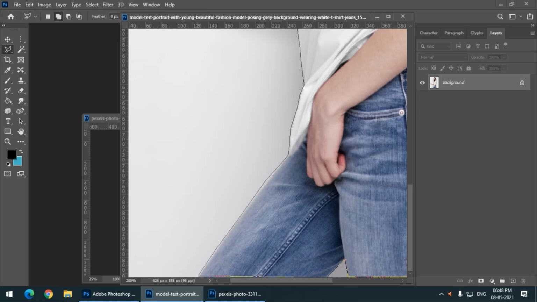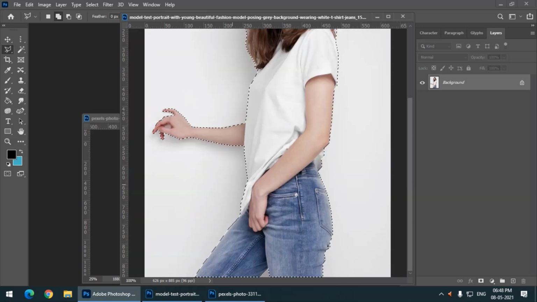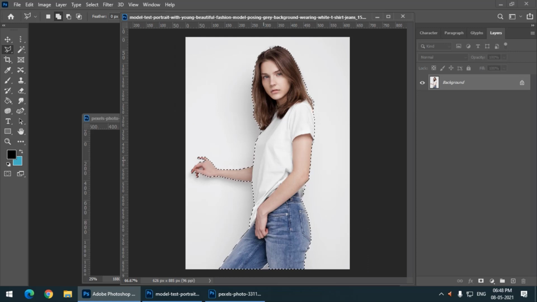As soon as we come to the same point, we can see a small circle appear at the bottom of our tool. So I'm going to select over here, then over here, and as soon as we complete our loop, the small circle will appear. As soon as I click on this, our selection is complete. We cannot change our selection now. We cannot backspace it, we can only deselect it.